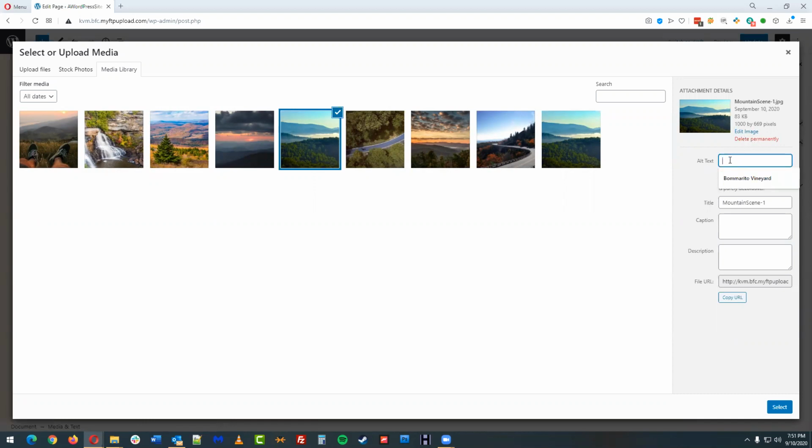Down here, we've got alt text. So I can come in here and say, mountain view with trees. Alt text is a really important thing to do, especially over the past couple of years. Alt text has been around for decades on the internet, and really since the internet began. It's in there for screen readers, so that if somebody is visually impaired, it will read out the alt text to that person so they understand what the image is actually showing. It does help you a little bit with search engine optimization, and you can try to plug some keywords in here. It's not gonna change the world, but